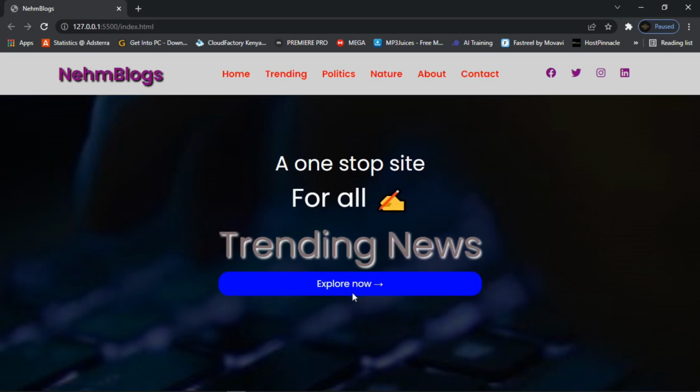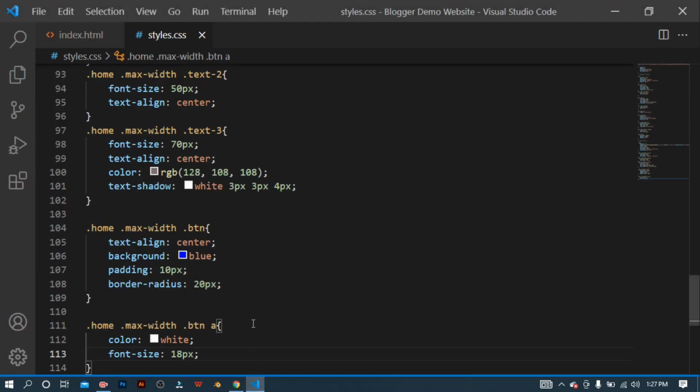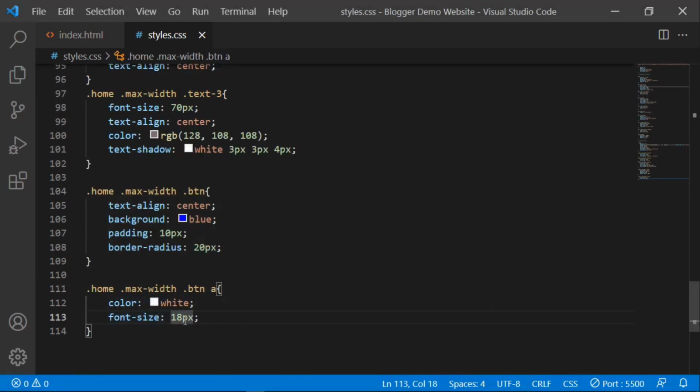You can see guys, it's somehow perfect. But now let me increase the size further, perhaps 25, and then also add some margin here, margin top. So let me do this. Let me give it 25 pixel, and then in this other part